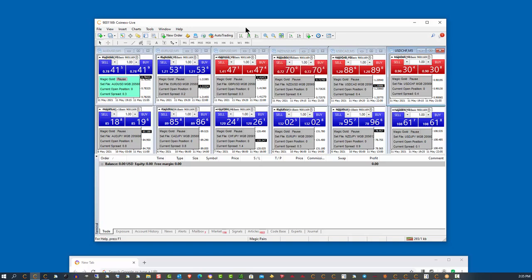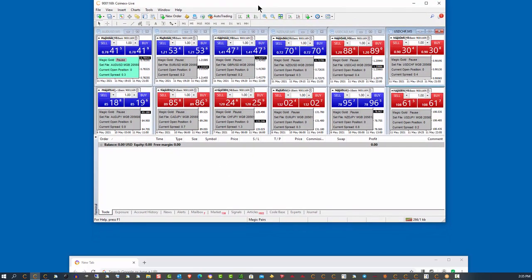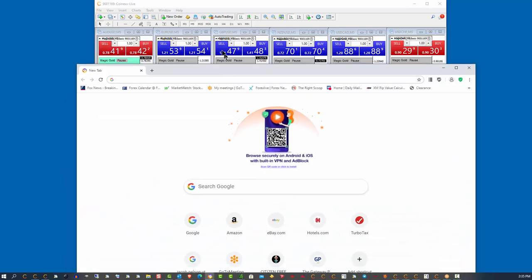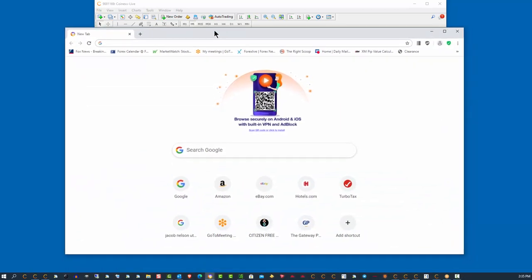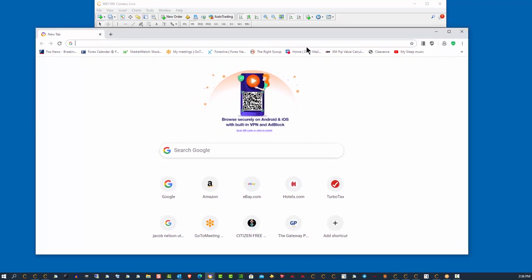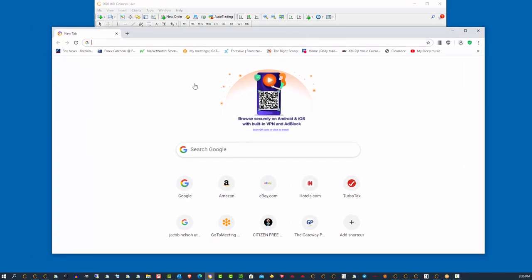Okay, so what I'm going to do for now is I'm just going to go ahead and move the MetaTrader up to the top of the monitor. Okay, and I'm going to get an Internet Explorer window, and I'm just going to put that right here in the middle of the screen, make it a little bit wider. I think that should do it. Okay, now